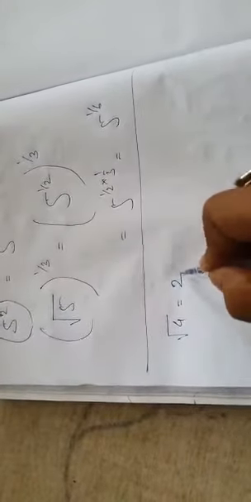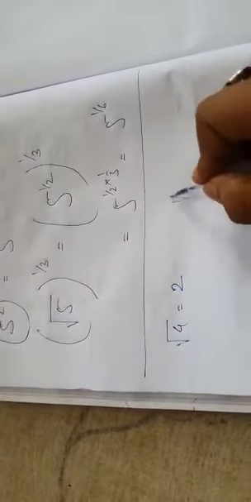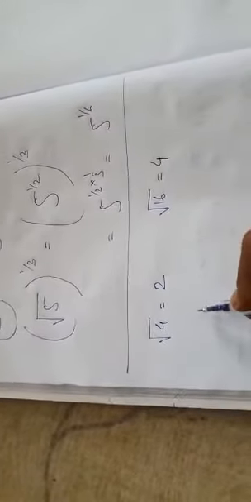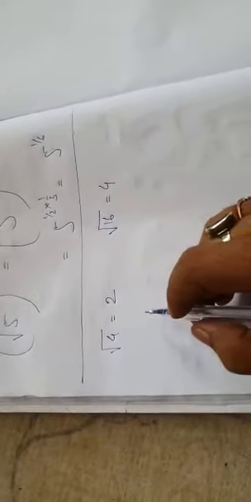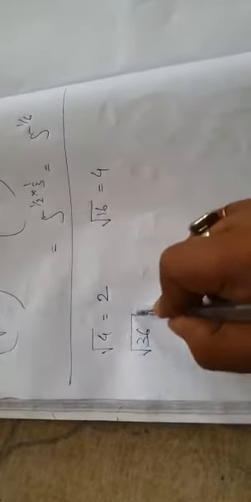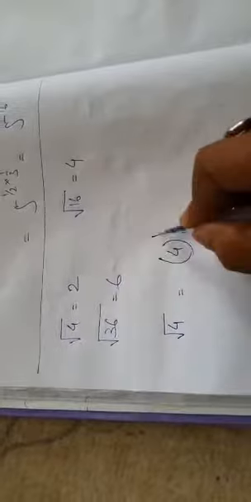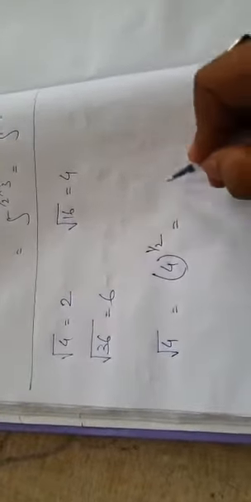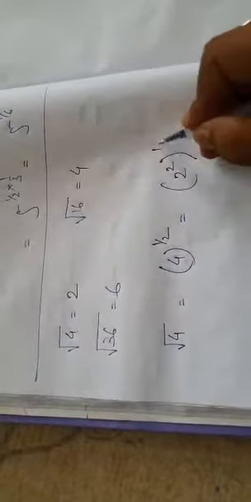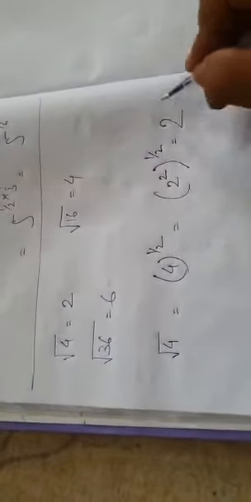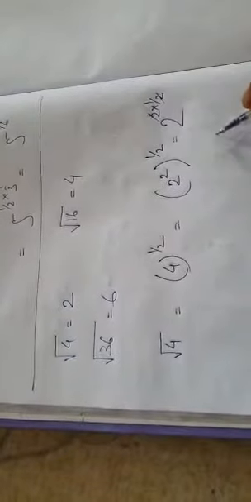Now I will tell you, you had learned that if there is root over 4, then 2 comes out. If there is root over 16, then 4 comes out. All the perfect squares come out. This was taught earlier. If there is root over 36, then 6 comes out. Why does it come out? See, I will show you. Root over 4 means what? 4 to the power half, yes or no? Now listen carefully. 4 can be written as 2 square to the power half, so that means 2 to the power 2 into 1 by 2. So the 2s cancel. What do you get? 2. Understood why 2 came out?